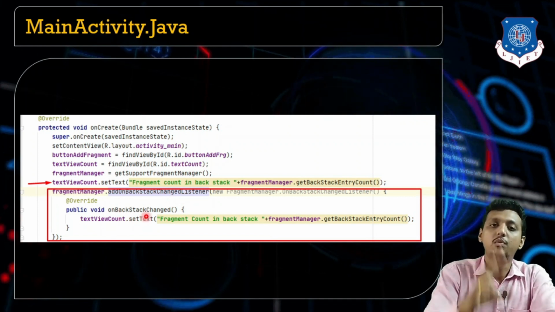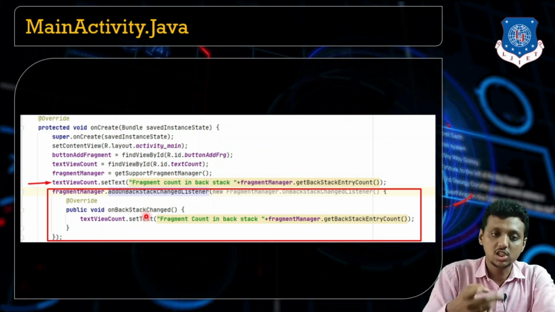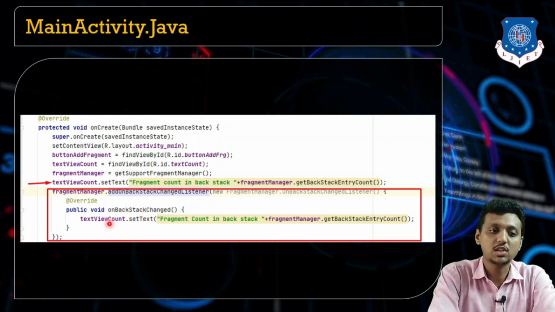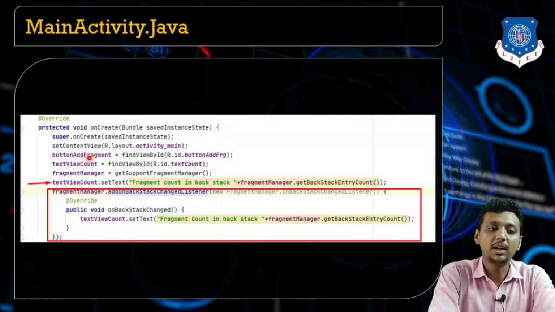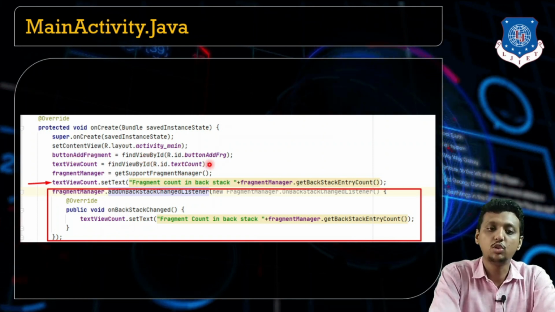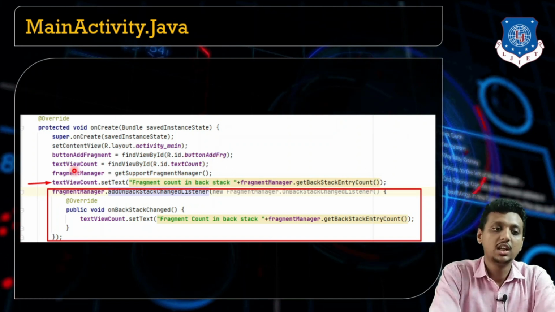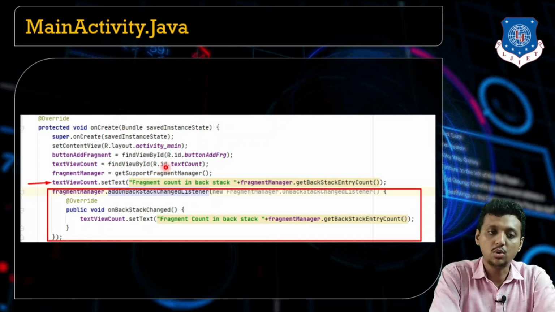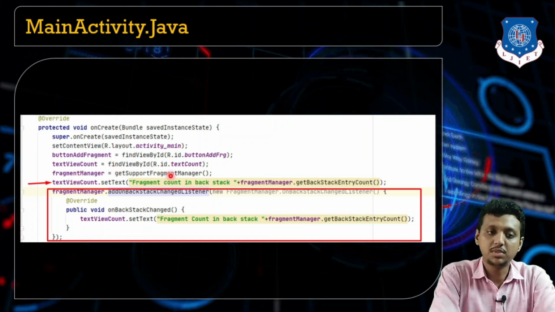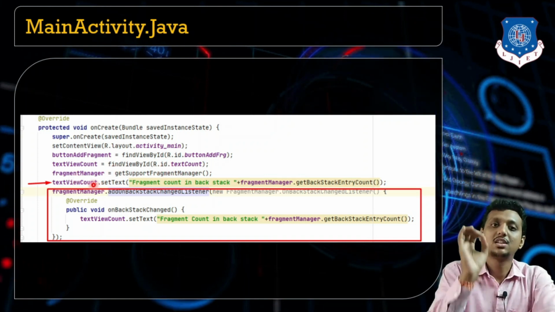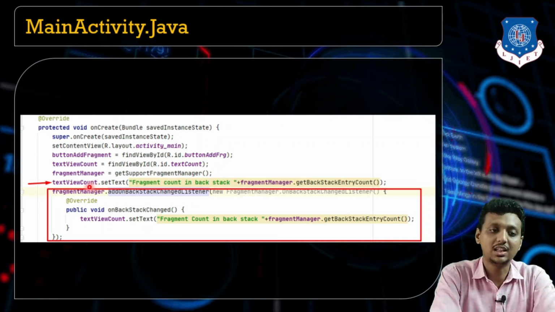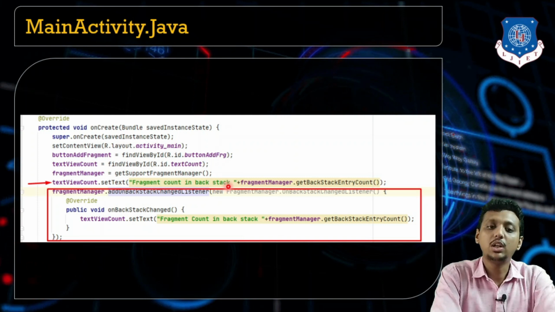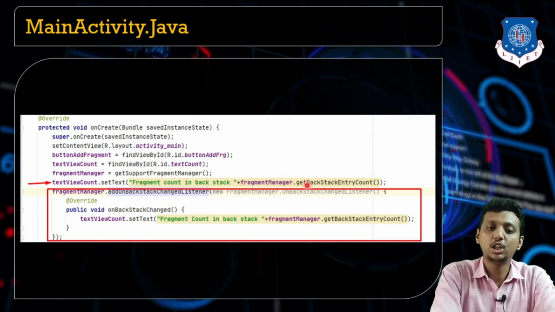What you need to do, whenever the backstack value is changed, you just need to set text. See the text view count. When I'm getting the text view count, first the button fragment is equal to find view by id button add frg. Then I'm taking another text view count variable and setting it with the layout. Then the fragment manager object is there. Now first setting the text view count. See, like this, text view count set text is equal to the fragment count in backstack is fragment manager dot get